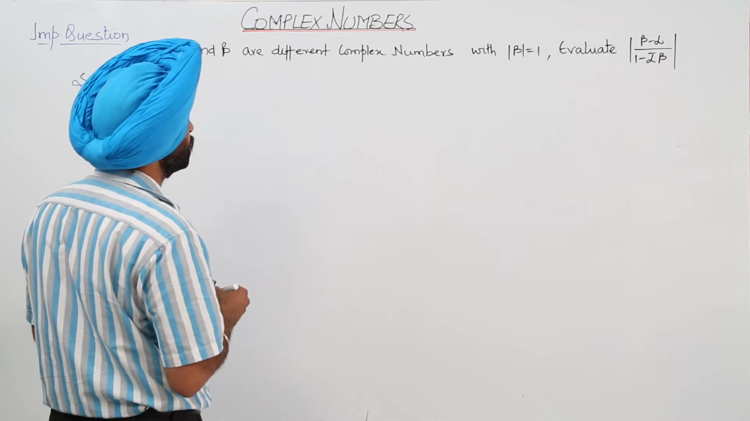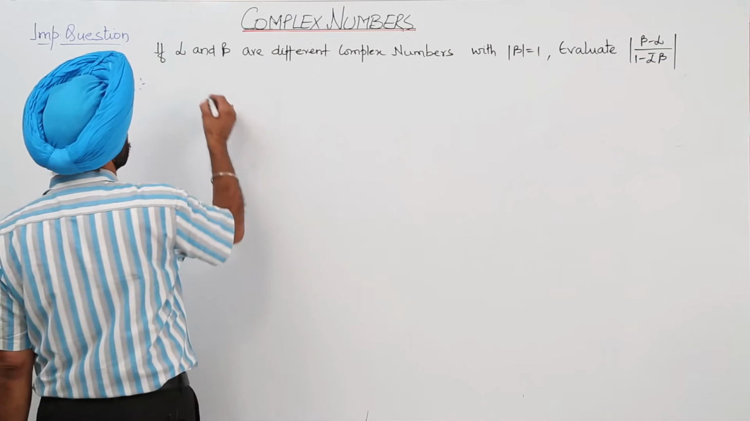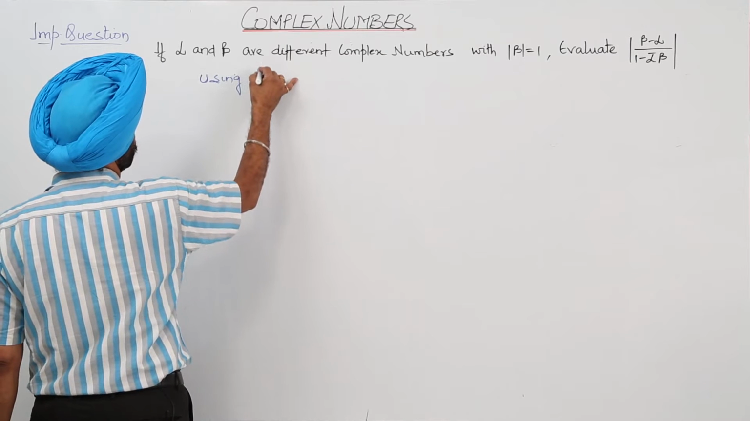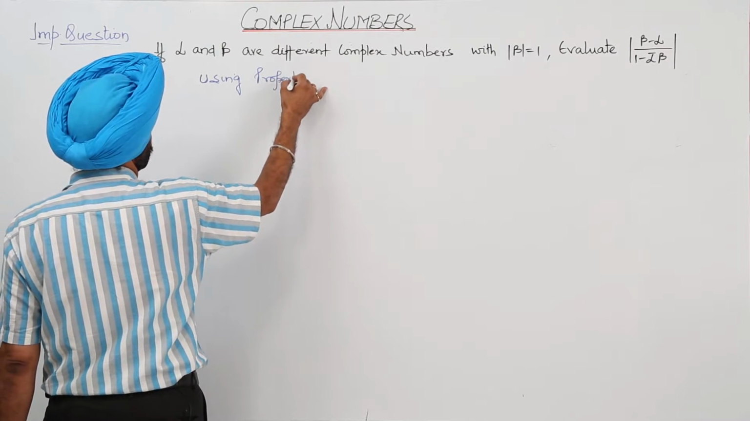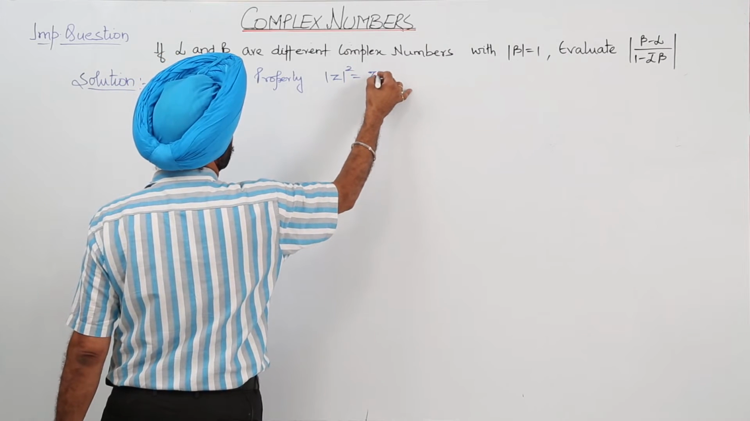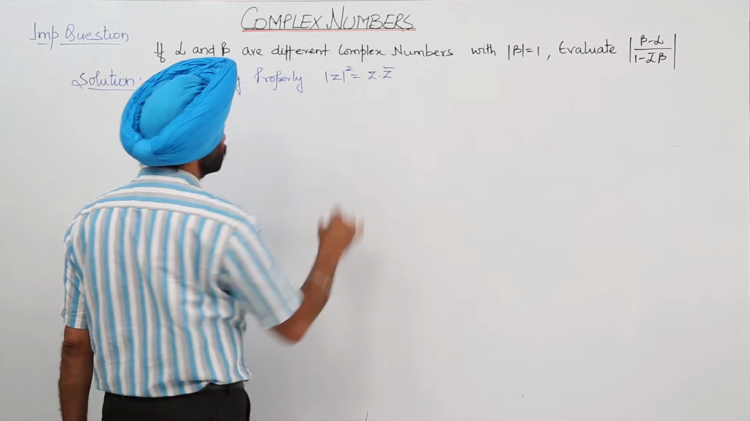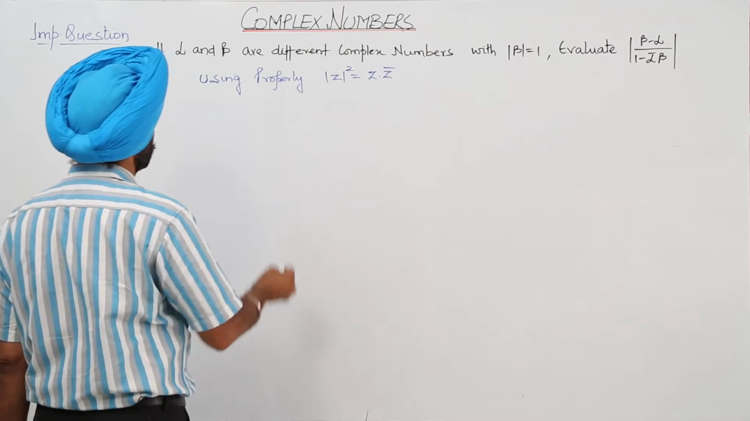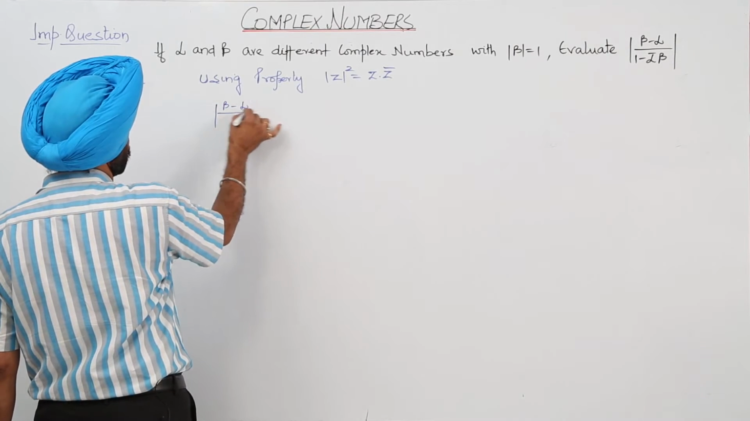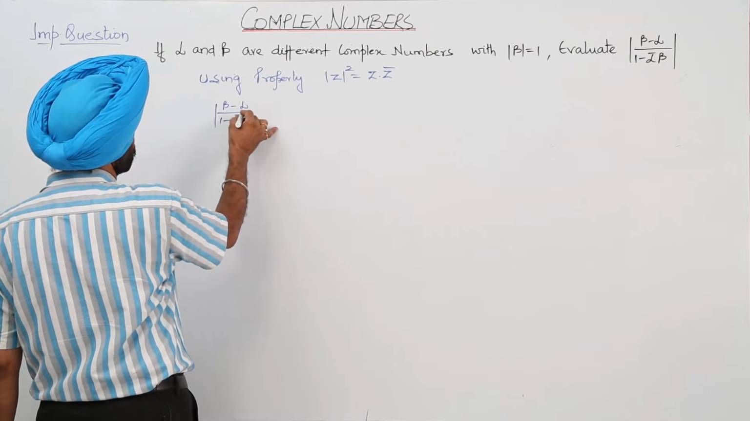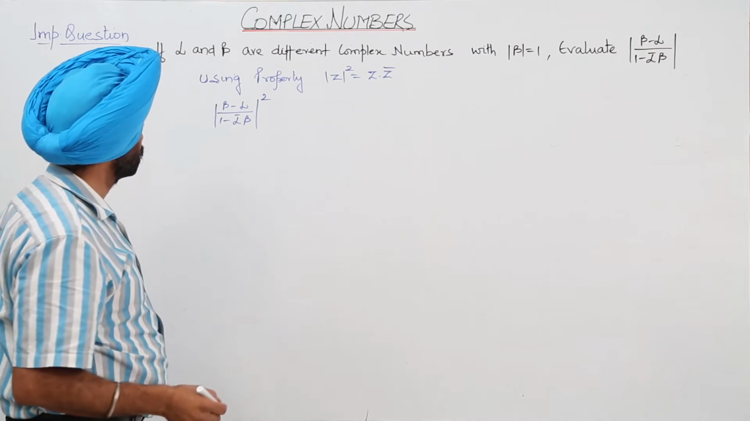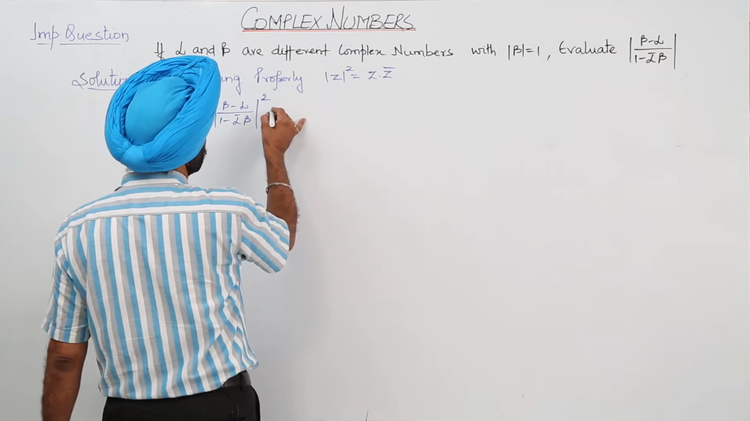Now what we are going to use? We are going to use a property here. Using the property that modulus of z squared is equal to z times the conjugate of the complex number. Now, modulus of (beta minus alpha) upon (1 minus conjugate of alpha and beta) whole squared is equal to